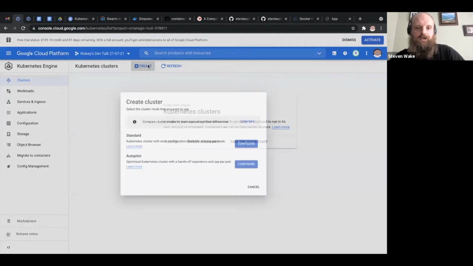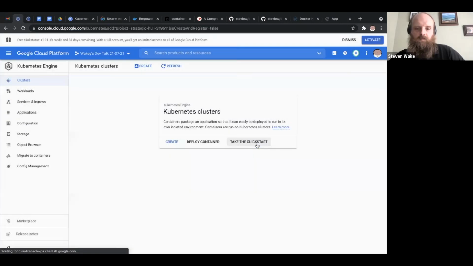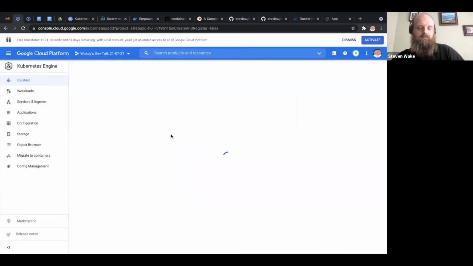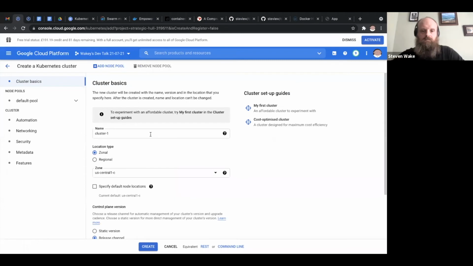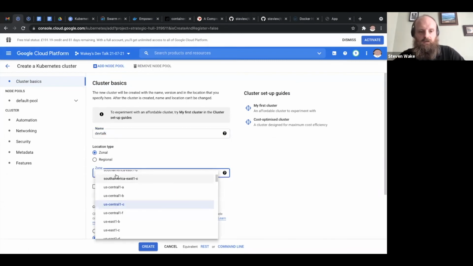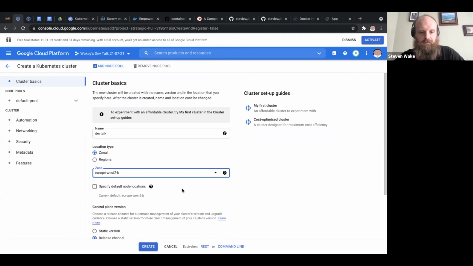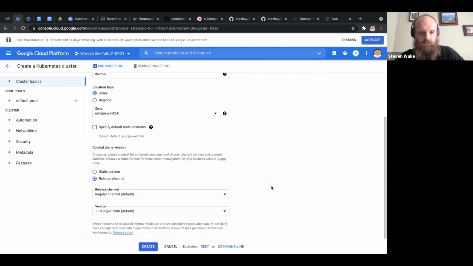We're going to create a cluster, standard config. Call it dev talk. We put it in Europe, London in particular, and we'll leave everything else as default.